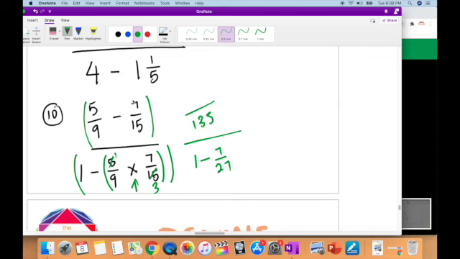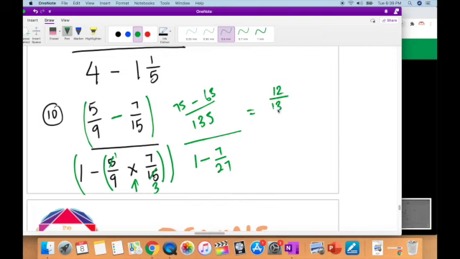And then what do we do? We cross multiply. So 9 times 7 is 63 minus 5 times 15 is 75. Now you can see here we cannot cross multiply here because this is not a multiply, this is a negative sign. So you can't just cross off the 5 and the 15. You have to multiply them. So therefore what do we have here? 75 minus 63 is equal to 12